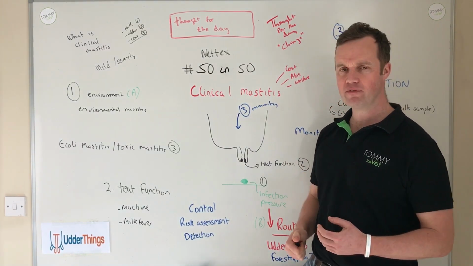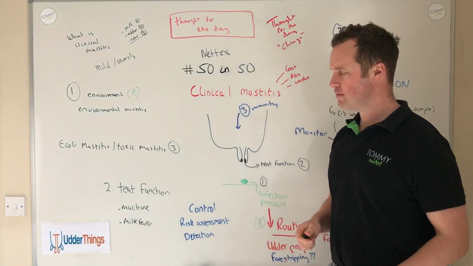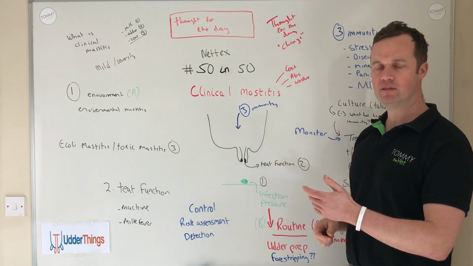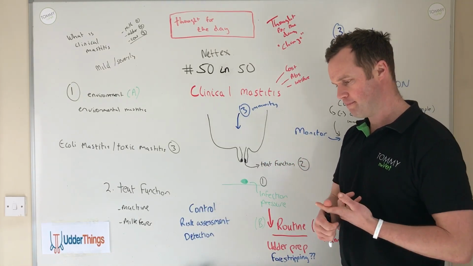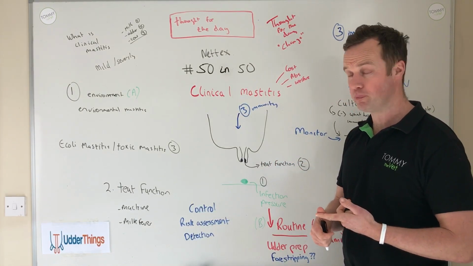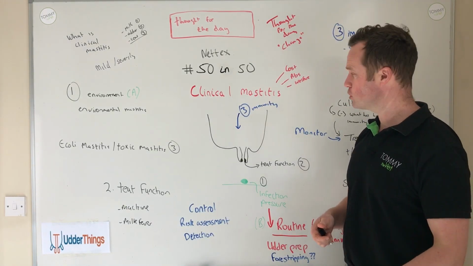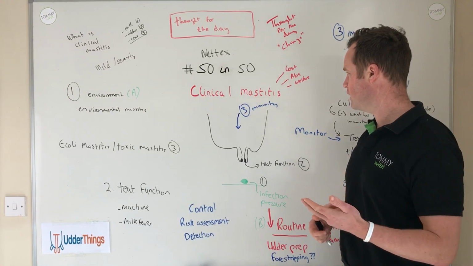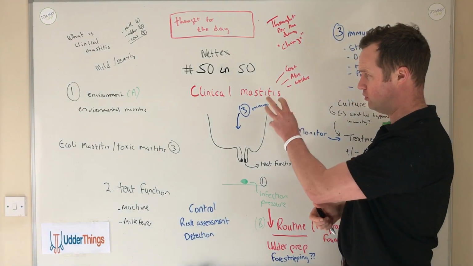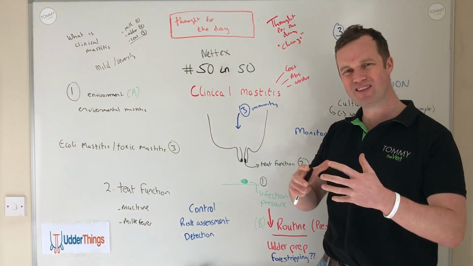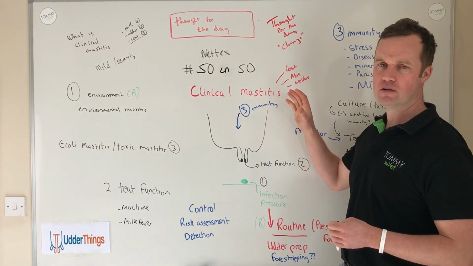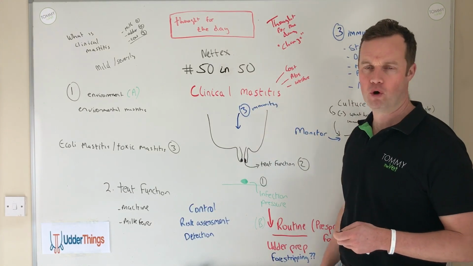Clinical mastitis is something I'm very interested in. I know I say I'm interested in everything, but it's a significant disease, particularly of dairy cows, because it causes loss of profit and reduced performance and production. It's an area where we use antibiotics, and we can reduce antibiotic use, which is great. Anytime we can reduce antibiotics by reducing this is fantastic. And obviously mastitis causes welfare issues because it's painful. So control of clinical mastitis is certainly an area we need to focus on more and more, because we're getting